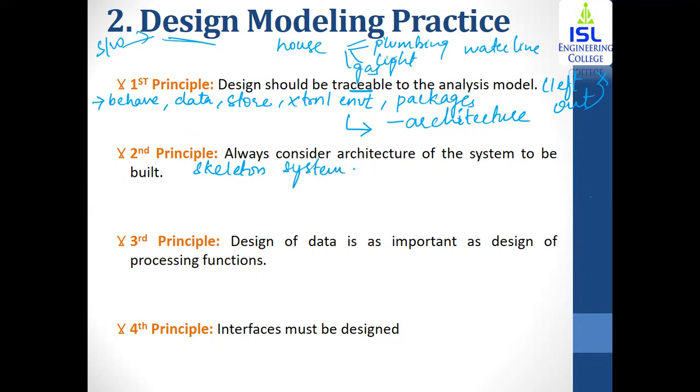Skeleton of the system that you're going to build. That is, you're going to identify the different interfaces, the different data structures that you're going to use, each of the things you're going to identify. Now, the first step is that you need to define the architecture, and then you're going to identify what are the different